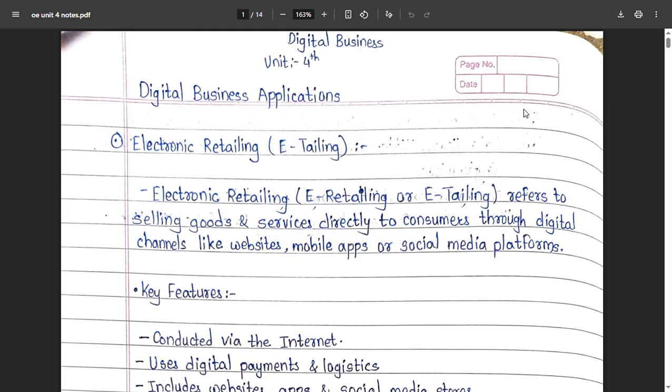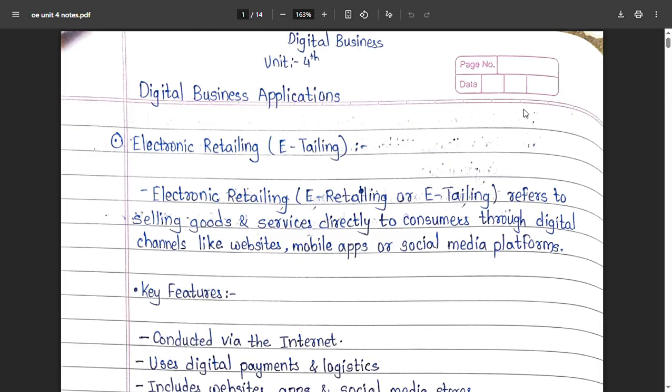We have already taken this example before in unit number 1 or 2: from the pharma company to the agencies, to the wholesaler or the distributors, and distributors to the retailer. So here electronic retailing means now we are going to online retailing, the e-retailing part.